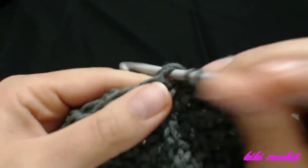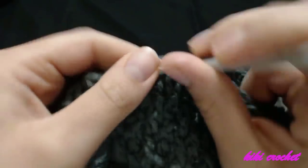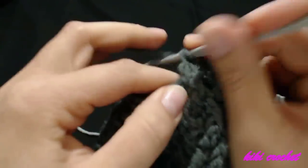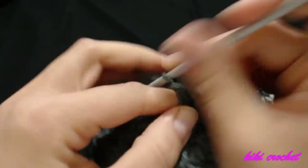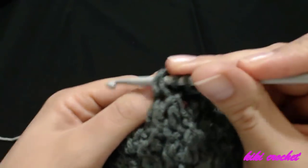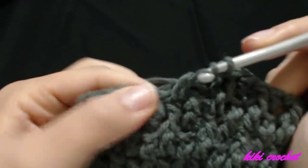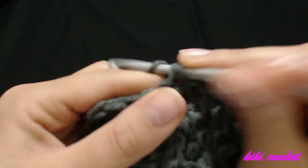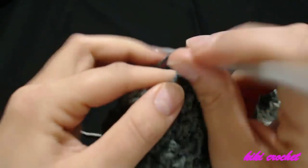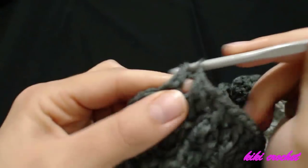35, 36, 37, 38, 39, 41, 42, 43, 44, 45, 46, 47, 48, 49, 50, and my last stitch, the half double crochet,